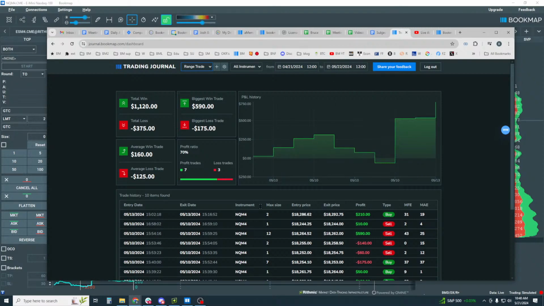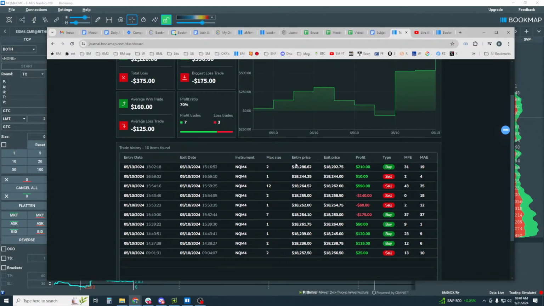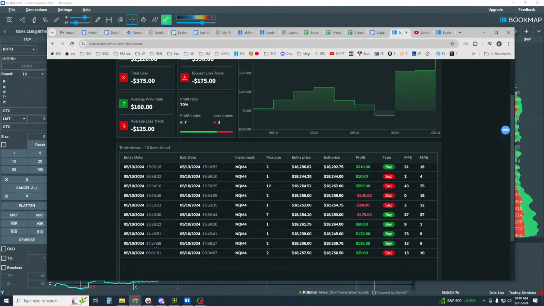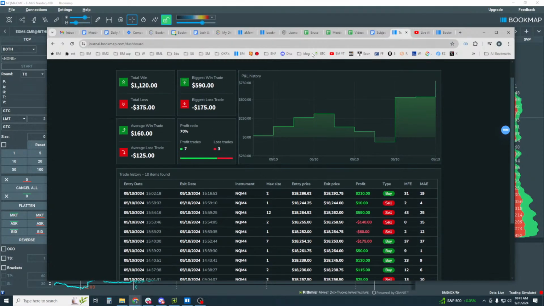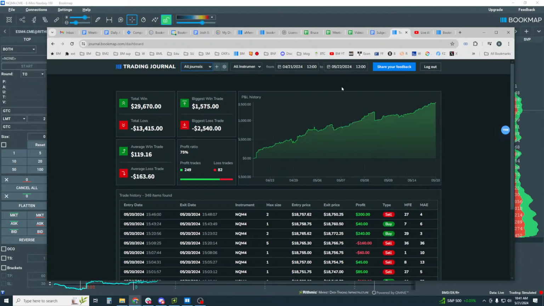You can see all the trades from just that on NASDAQ. Okay, and this was back on what day? 13th. Okay, and the 10th and the 13th. So you can add these into the all journals here, and you can filter for your dates. You can filter also for the different